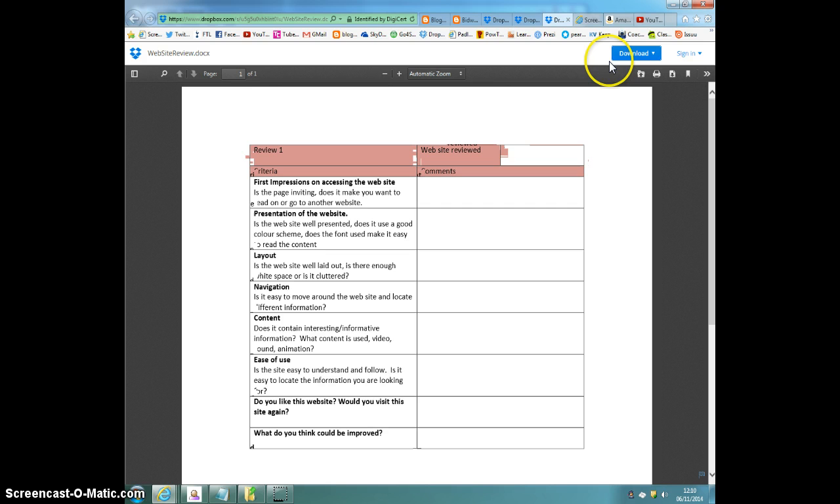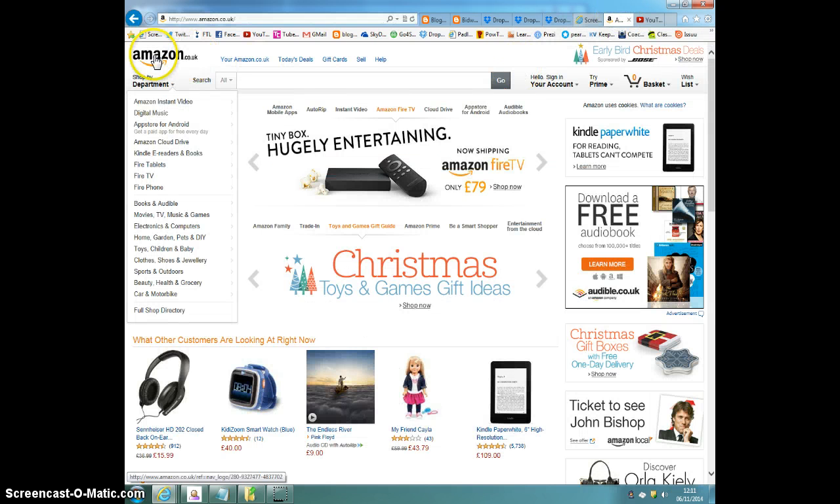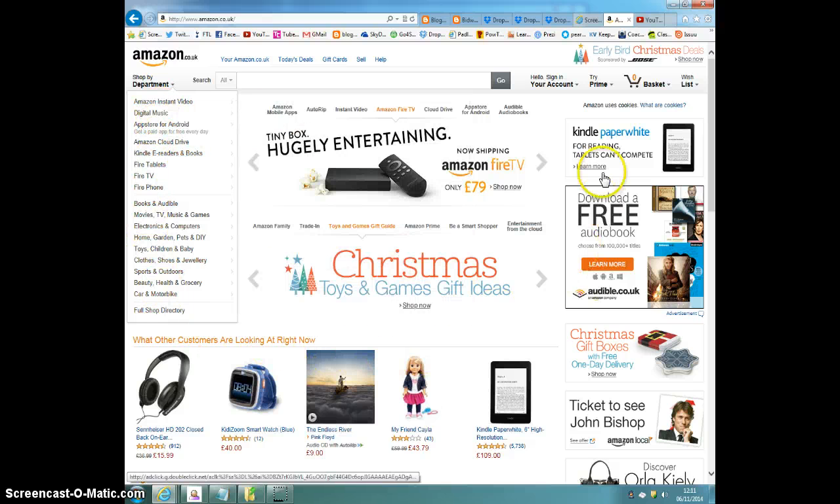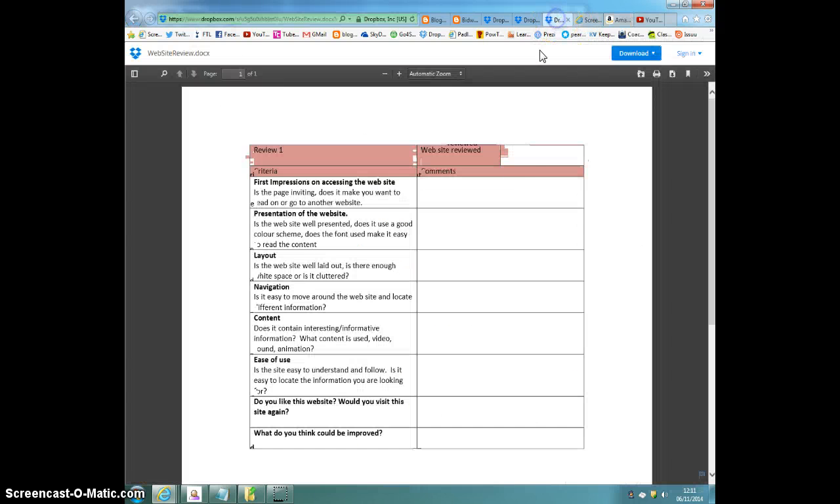First thing you've got to do is go to one of your favourite websites. I've clicked this very popular website, Amazon, which I'm sure you know, and you're going to have a look at the layout, the different menus, the different sections, and then you're going to fill in this sheet about the first impressions that you have when you go on the website, the presentation of the website, how it's laid out and